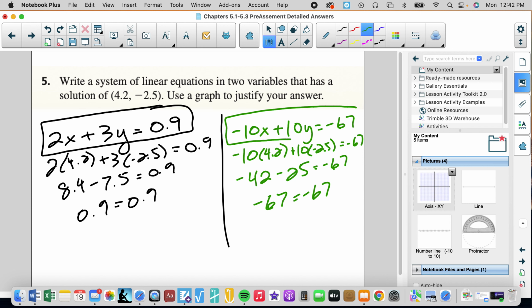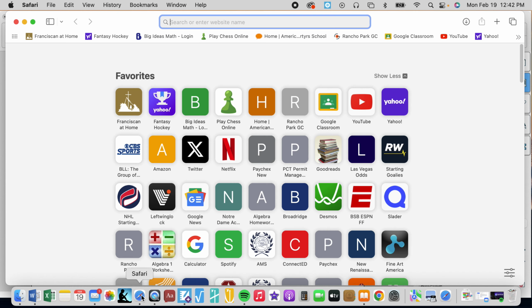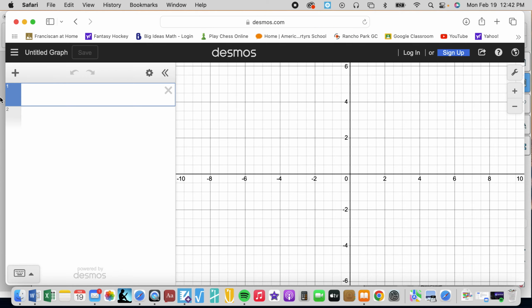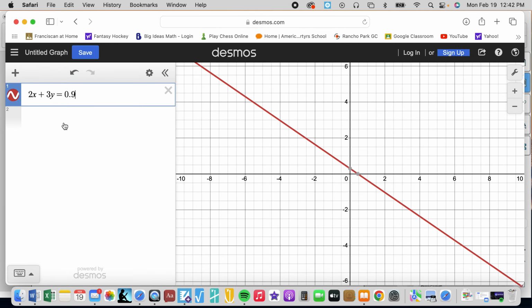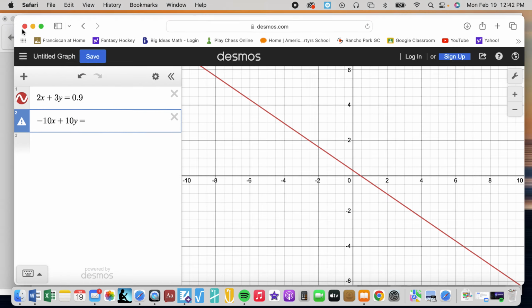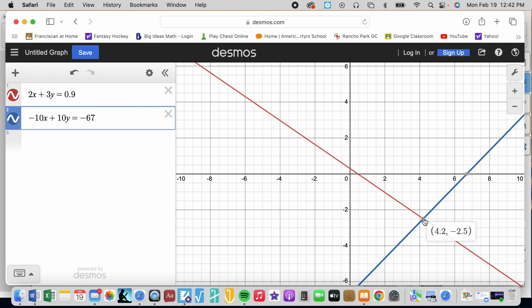So now I have two equations. I'm going to use technology to make sure that that is my point of intersection. So we're going to use Desmos, and we're going to plug in both of those formulas. 2x plus 3y equals 0.9, and then -10x plus 10y equals, and what did we say? -67. So 4.2, -2.5, yeah,